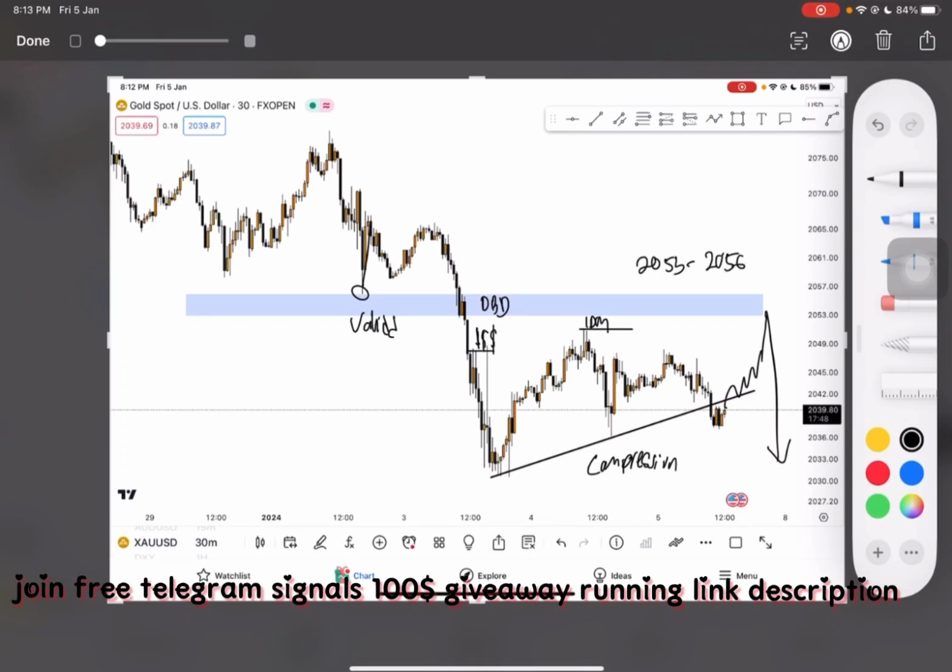So for my prediction for the data coming out, I will say it will spike up first. It will spike up to this area first and then come down. If you are a risk taker, you can take a buy, but if you are a low risk trader, I will suggest you wait for the sell around this area. Okay, is it clear? That's all for my prediction for later.